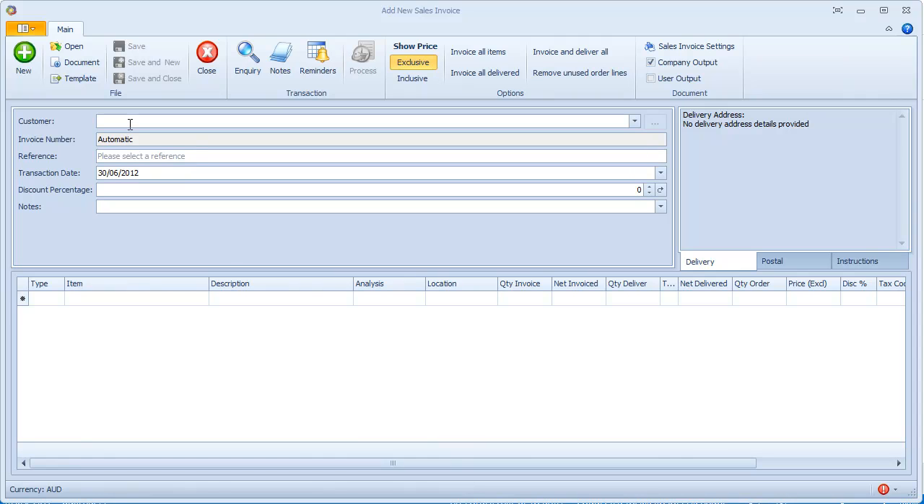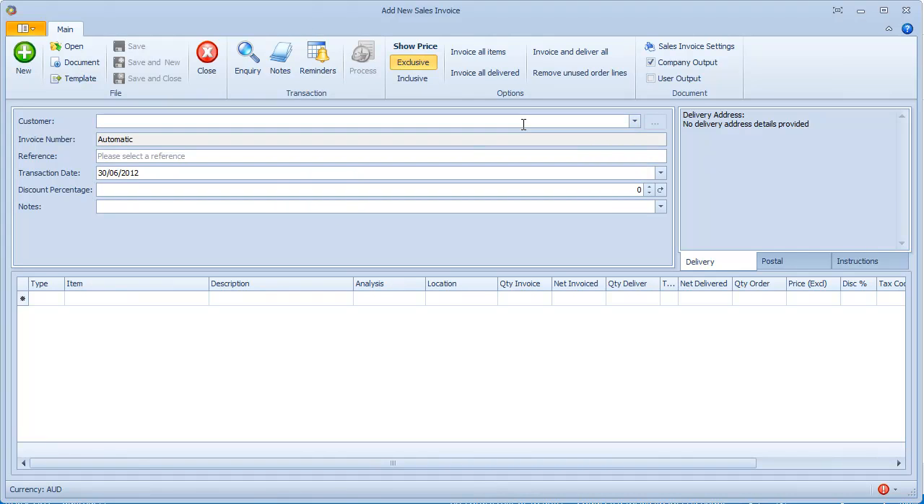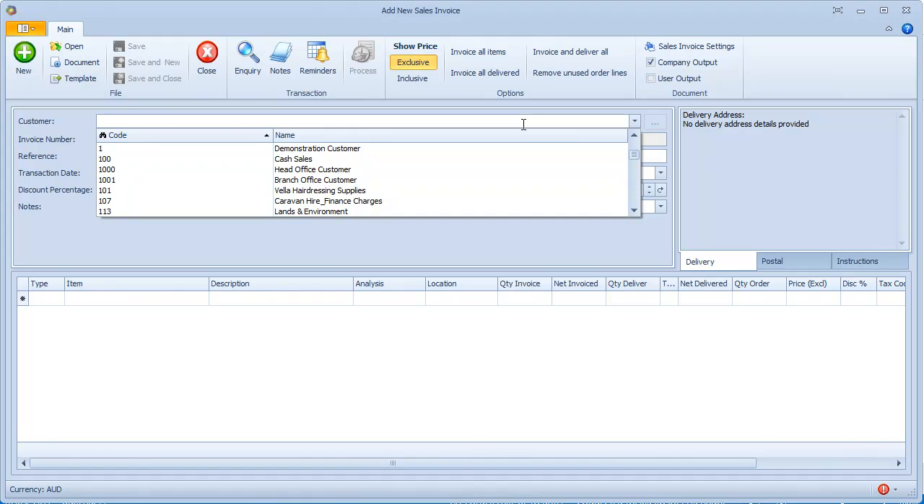Okay, the first one, lookups. So here I'm sitting on the customer lookup, but in the grid there are a variety of lookups. The same basic concepts apply to all the lookups. So I can hit the drop down and I get a list of customers. I can also be in the lookup editor and I can hit the F4 and that will also drop down